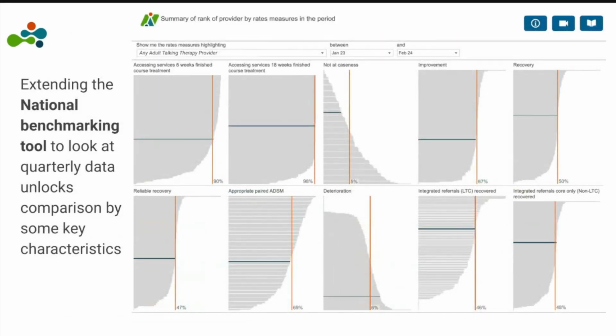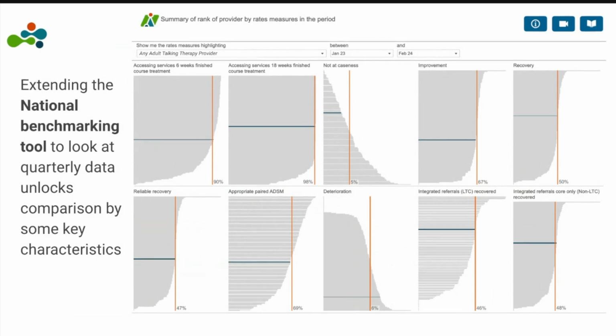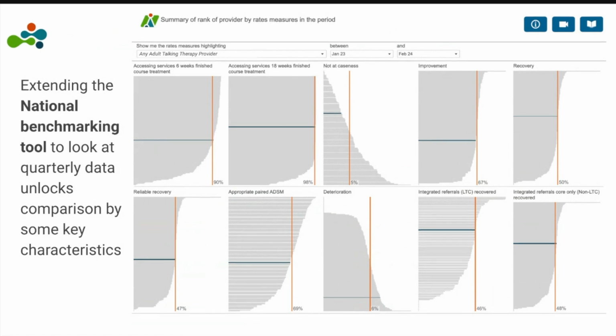Finally, from me, just a quick word about national benchmarking. We have a workbook called the IAPT National Benchmarking Workbook, which has multiple dashboards in it, but one of the things that it shows is this sort of ranking of providers for key measures. It's based on the monthly data that is submitted by all adult services, but there are also quarterly publications which have more information that is pertinent to health inequalities.